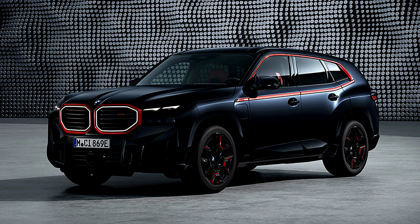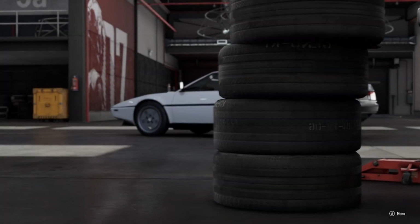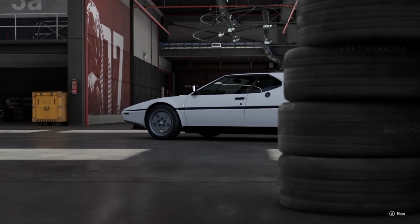And to be honest, the fact it's advertised as the second M car after the M1 sullies the good name of not only that car, but, you know what, since we're on the bloody subject of ranting, the Citroen XM too, since it shares its name. Stupid freaking thing is it. If a meteor hit the BMW headquarters guy who made this decision, I would not shed a tear. But, like, regardless, technically, the successor is the XM, but we're going to ignore that and pretend it never existed,